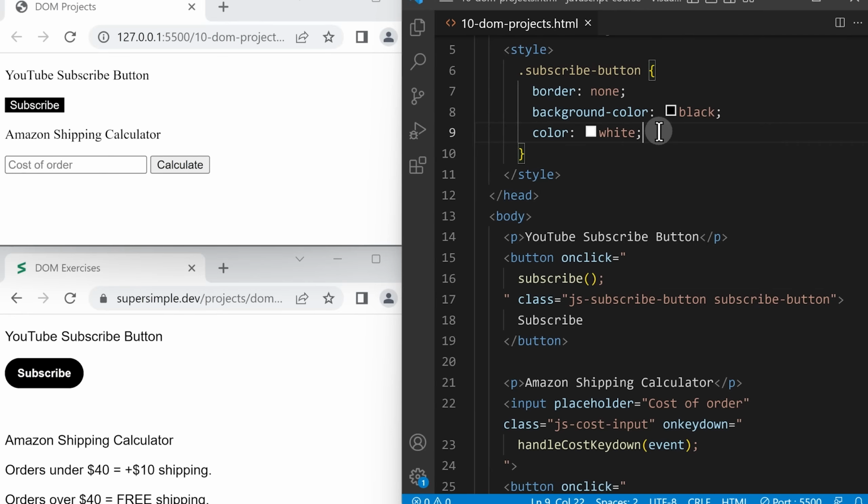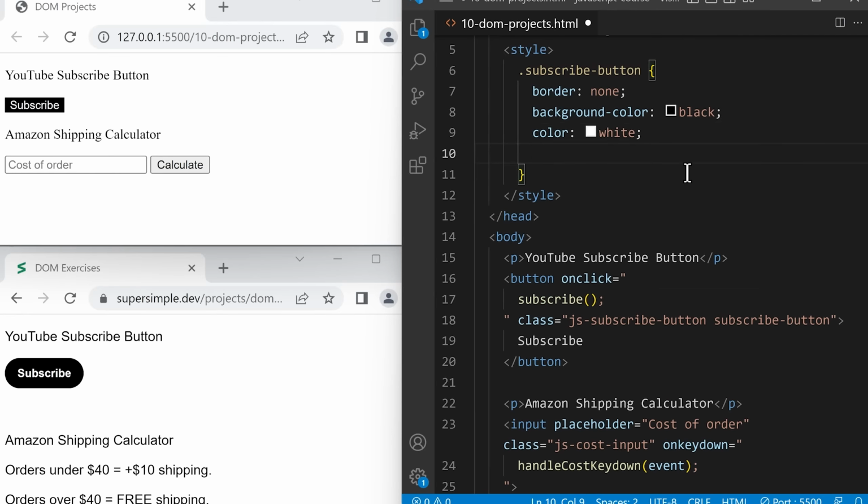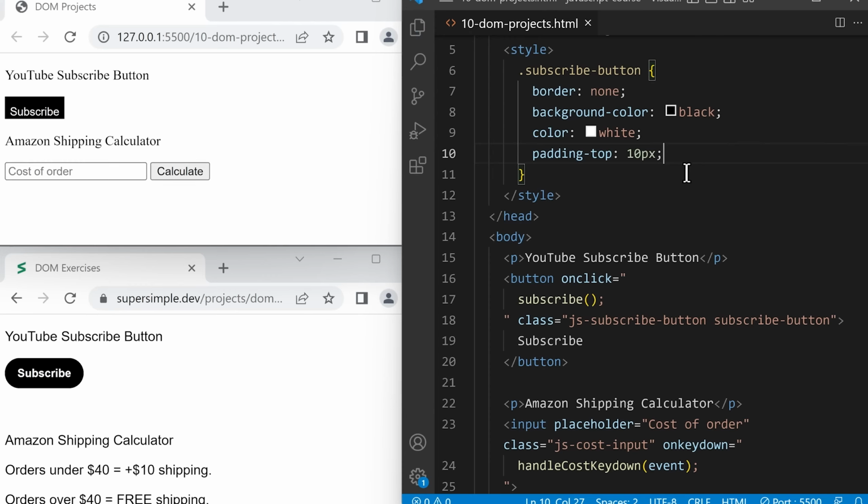So we'll create a new line, and we'll use the property padding-top: 10px; and save. So this will add space on the inside of the element called padding at the top of 10px. So the px here